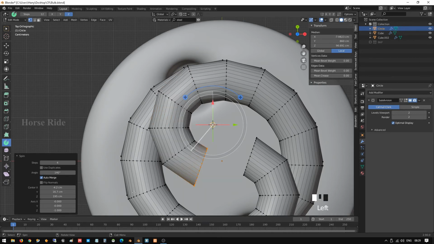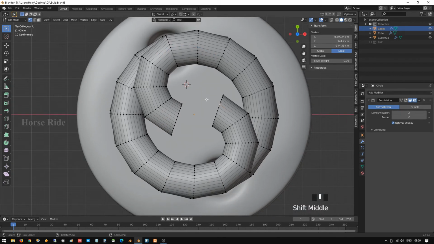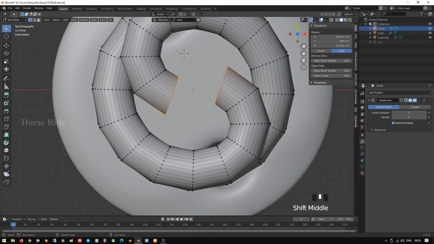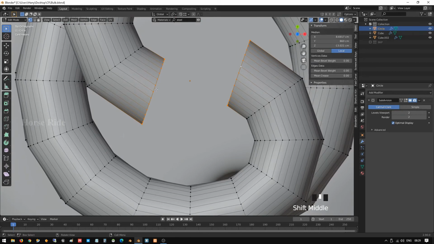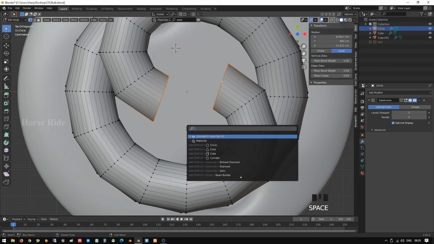Okay, after doing this, go to the select tool options, select this one and select this one. I'm using the Alt key and selecting in between this line to select all the vertices. Press space bar, bridge edge loops. Okay, go to object mode.